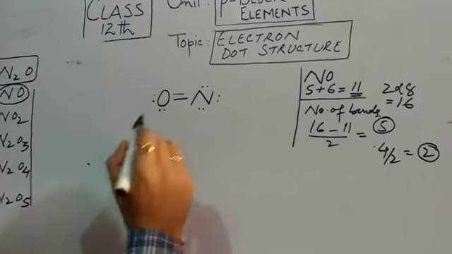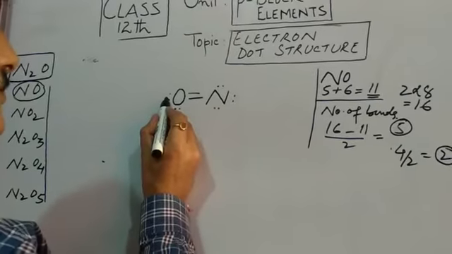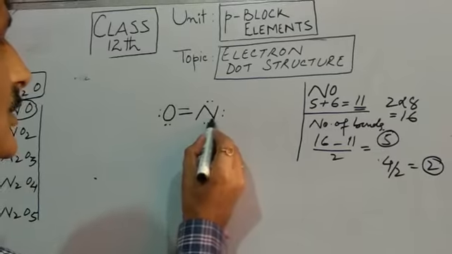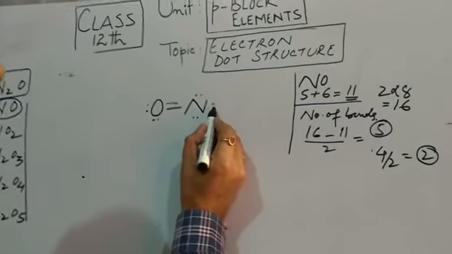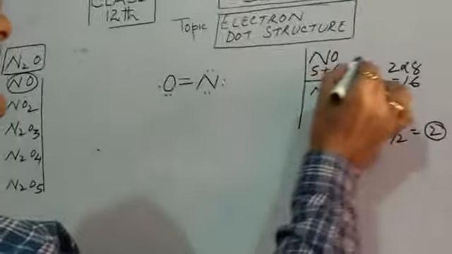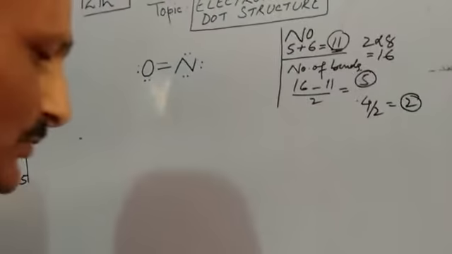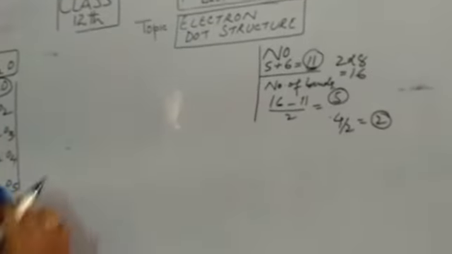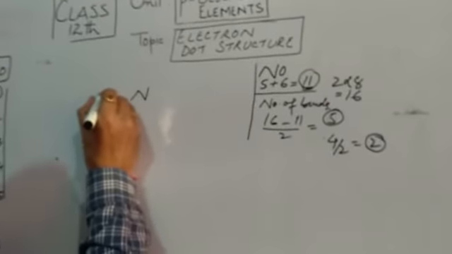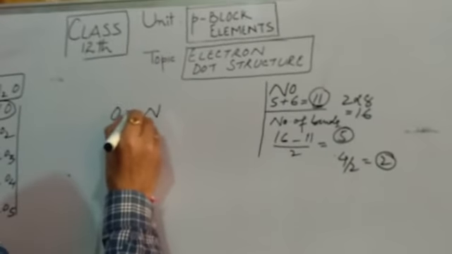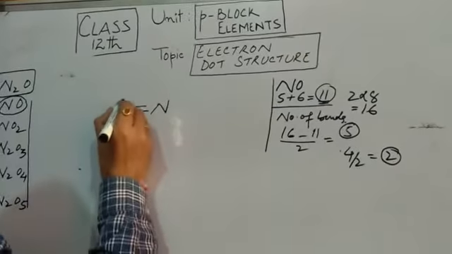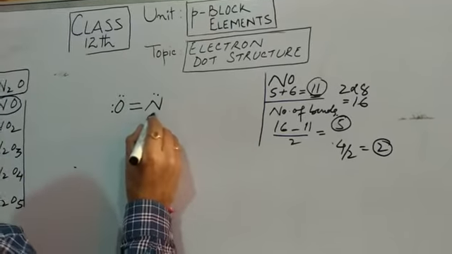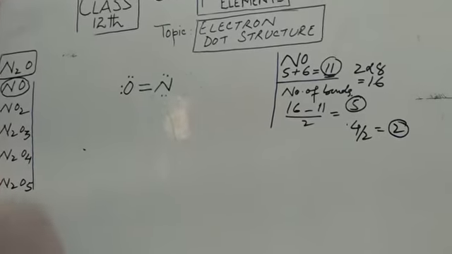Now let us see how many electrons are here. 2 plus 2, 4, 4 plus 4, 8, 8 plus 2, 10, 10 plus 2, 12, 12 plus these 2, 14. We have only 11 valence electrons here. So this is the wrong structure. So let me complete its structure like this now. NO, with a double covalent bond. 4 plus 2 plus 2, 6, 4 plus 2 plus 2. This will be the structure of NO.